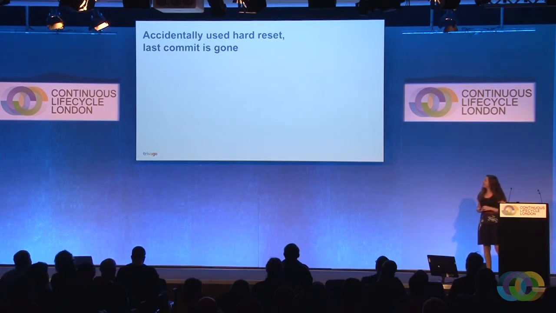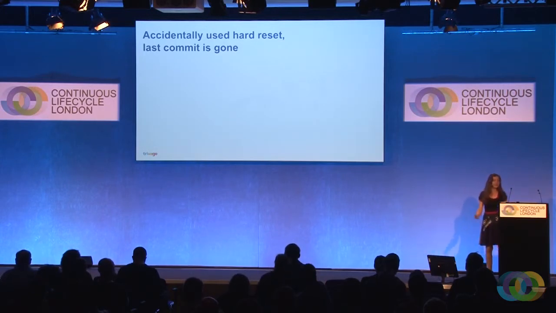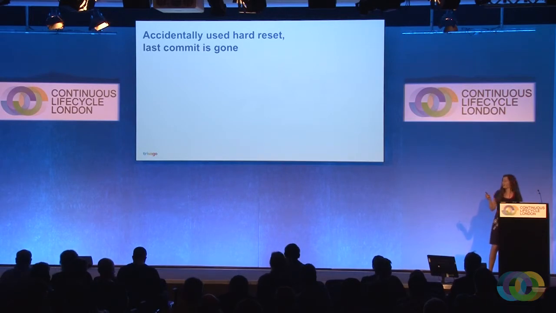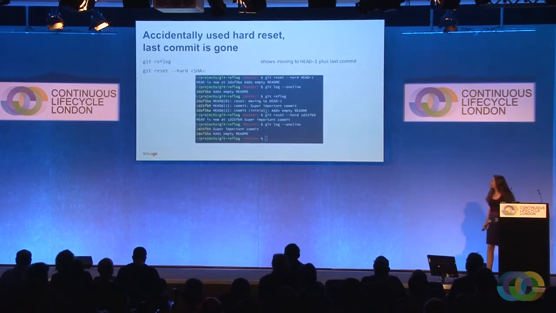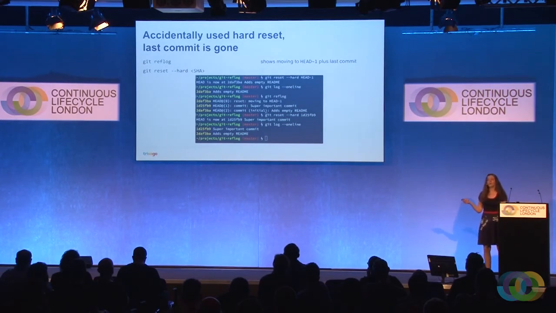So accidentally using a hard reset and your last commit is gone. That only works if you already committed. Your uncommitted changes and a hard commit, they're gone. They're lost forever in nirvana, I don't know, wherever. But if you have a commit, you can actually do that. So you go to the reflog and see a very detailed